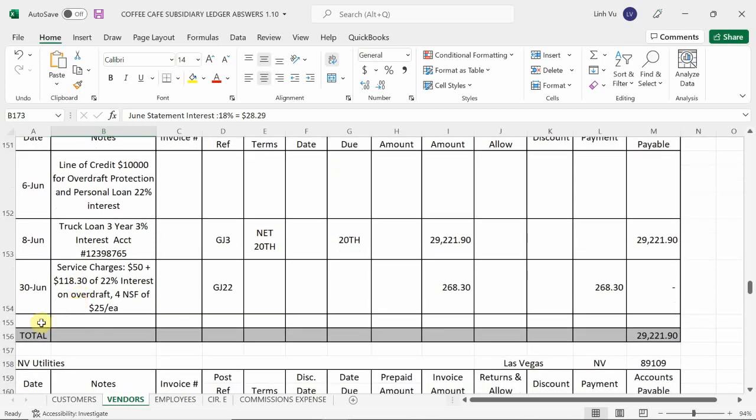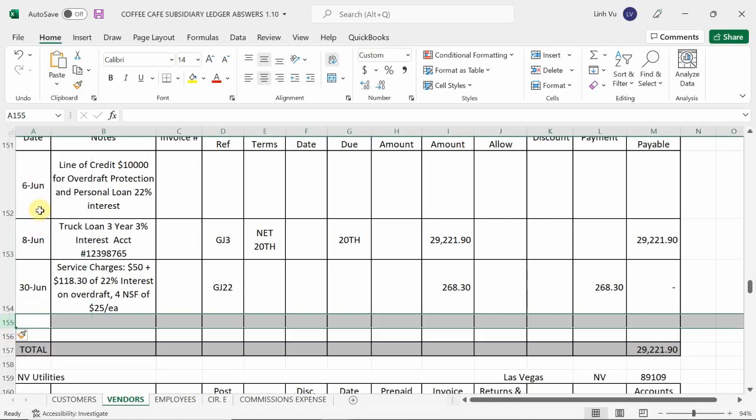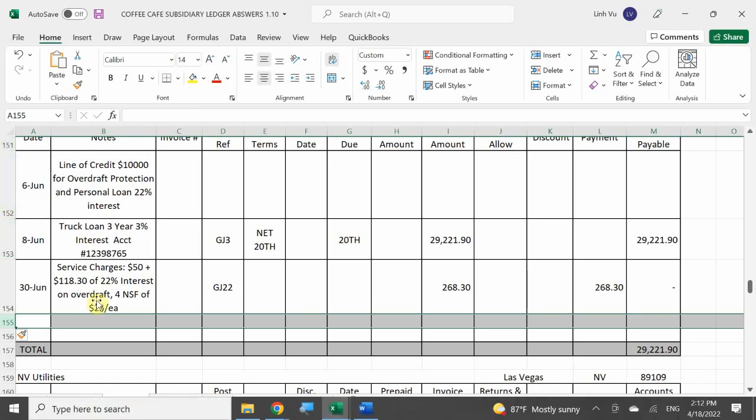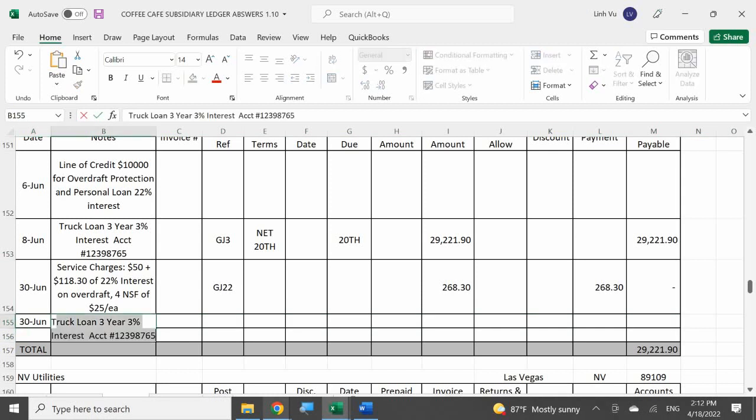Let's go ahead and plug it in here that we received the bill and this is how much I owe now. So in this case, truck loan,